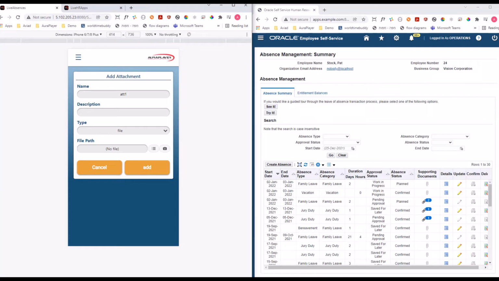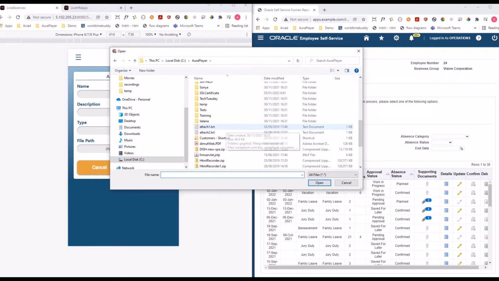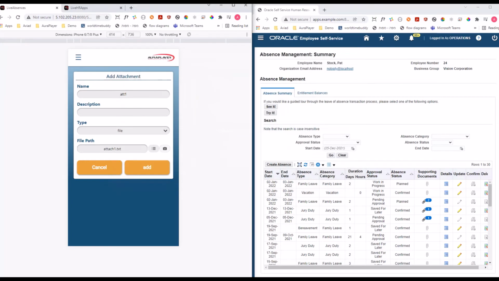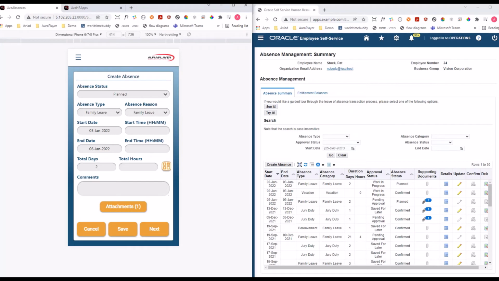So since I'm on my laptop, I will just press add from file system and select one of the files. I will add it. It will be added to the table of attachments. Of course, I can add more attachments, I can edit it, I can remove it, I can download it, or I can just go back to the main screen of creating absence and see that I have one attachment to this absence. Now I'll press the next button,